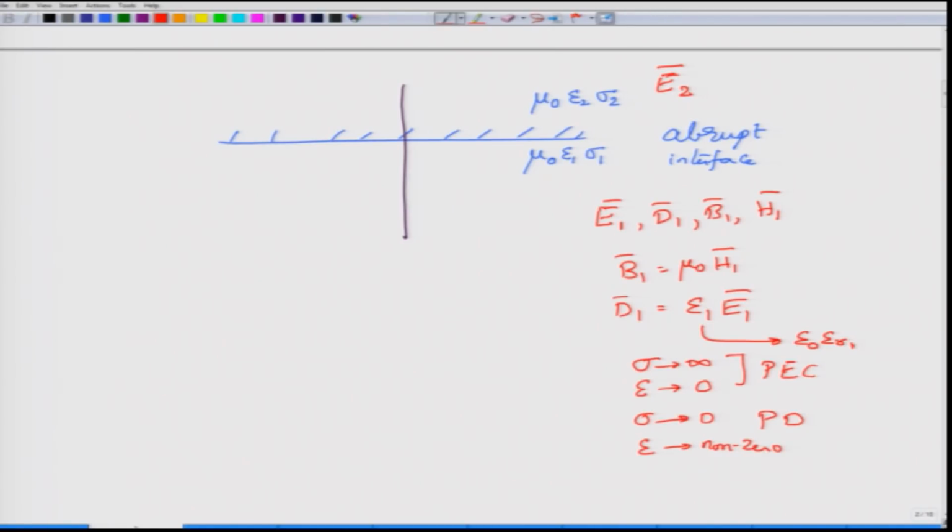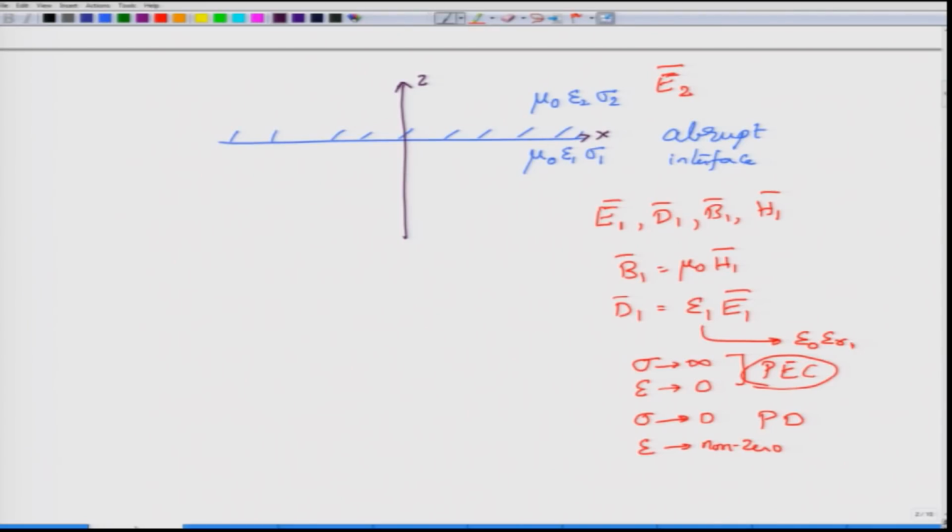So, these are some of the definitions that we have, and for today's module we will be focusing mostly on the perfect electric conductor. So, what am I interested in? After having set up the coordinate system, this is the z axis, this is my x axis, and the y axis would be coming out of or going into the page, which does not really matter to us.